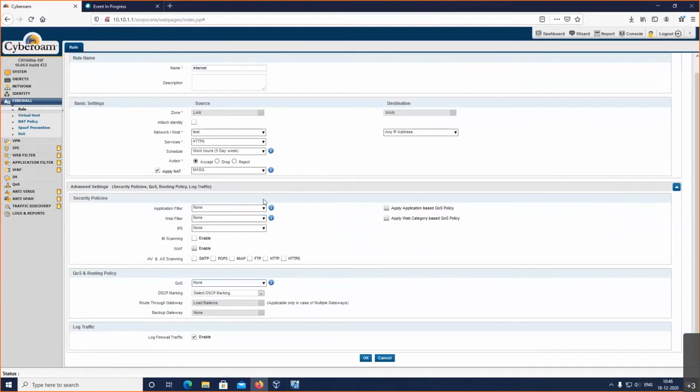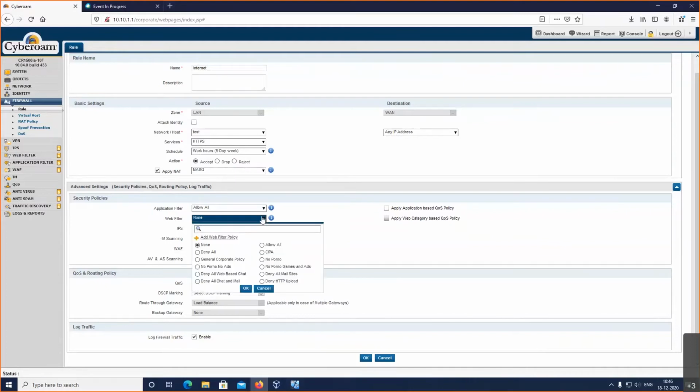And this is the important part, which is also about the security policies. Now we have defined, right, there are certain parts with respect to the security services that are available as part of my firewall section. Here we can define whether we want to enable any application filter, or there is a filter or rule written with respect to the web part.